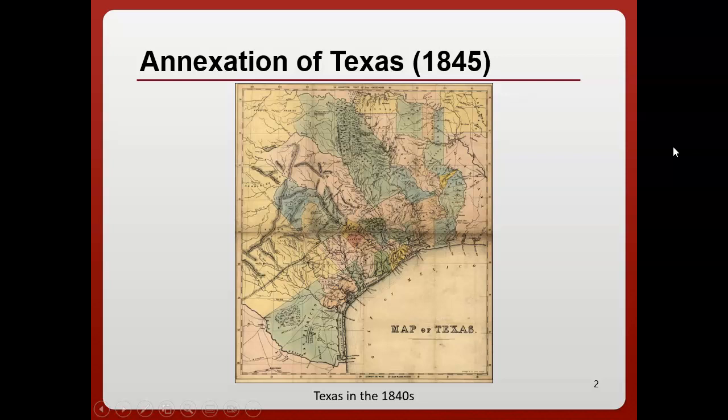So you can see here, the United States territory expanded dramatically in the 1840s. By the end of that decade, the United States spanned from the Atlantic to the Pacific coast, and its territory had grown by about a third in the last 3 years. This growth came from war, international treaties, and annexation of territory.